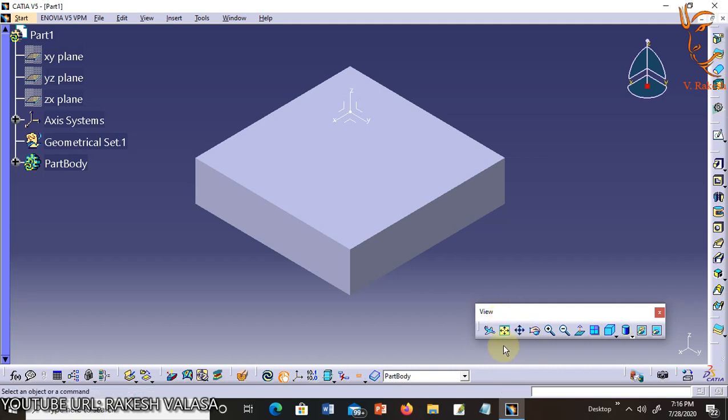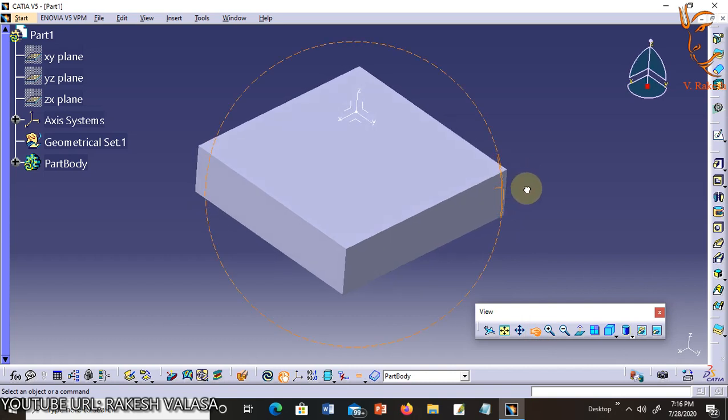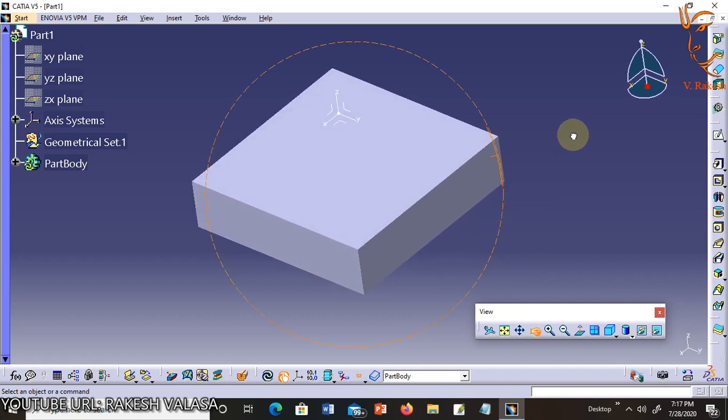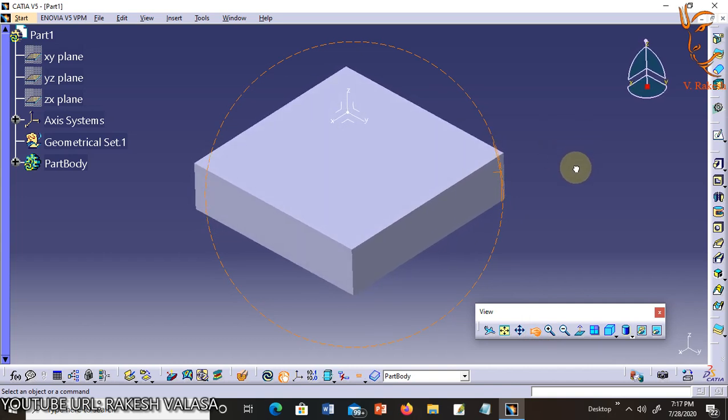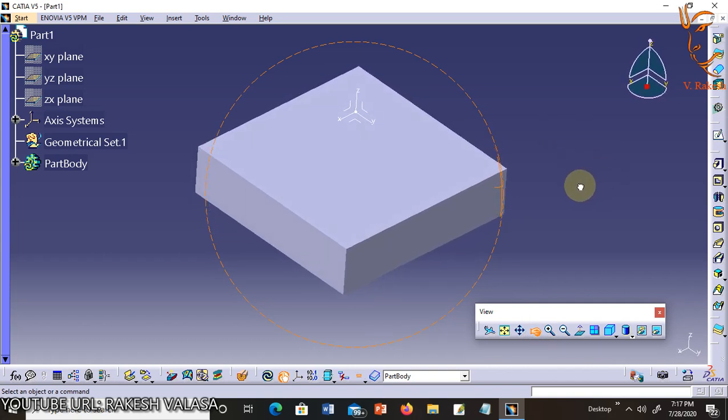Next tool is rotate. This tool allows you to rotate the part in three-dimensional space. It will place a representation of a space ball, that is a sphere, in the center of the screen. There is a three-dimensional X on the space ball, and the part will rotate accordingly.